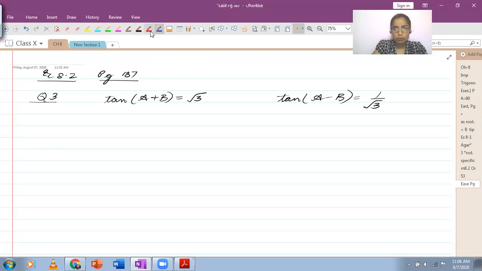So what we want to do is, the value is on the right hand side, and the left hand side contains a t ratio. So you cannot compare a t ratio with the value. This is the first thing we want to see here. On the left hand side, we have a trigonometric ratio of some angle. Right side contains the value. So we want to write the value as a t ratio.